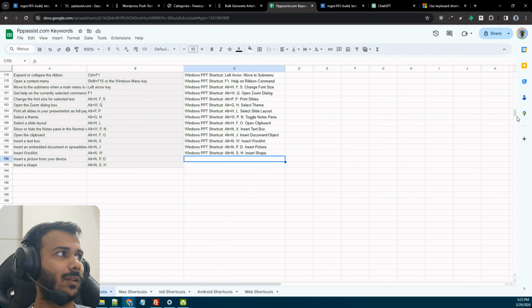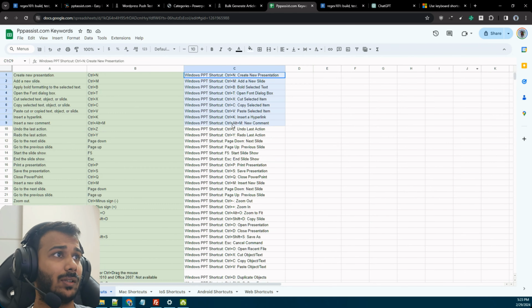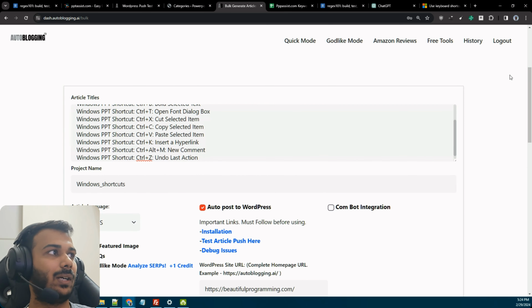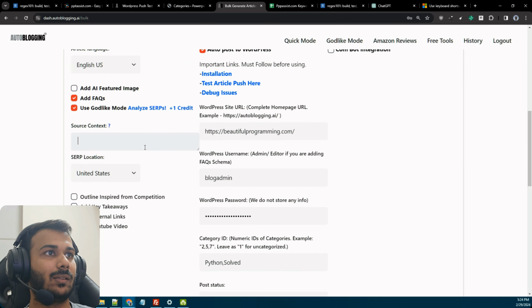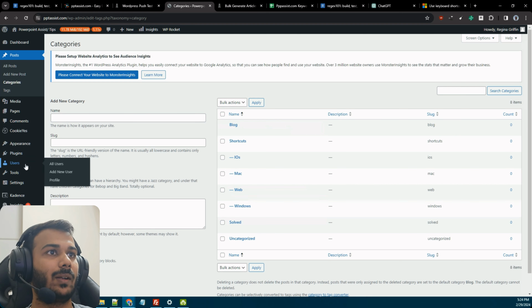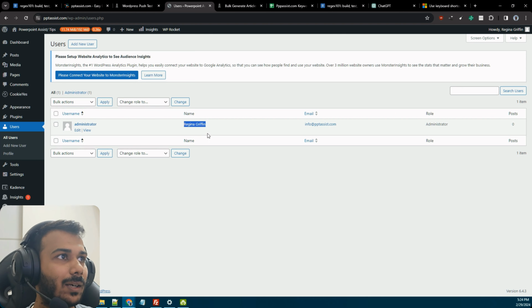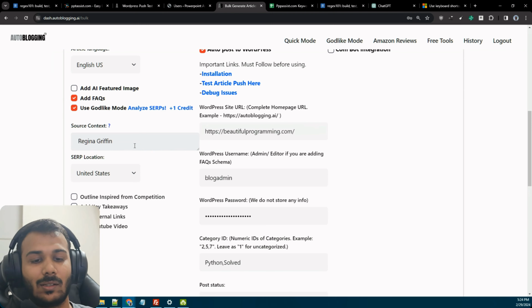So we'll start with Windows shortcuts, just 10 of these, just to see how it looks. I won't be adding featured images because it doesn't make sense here. And again, we'll use the source context to name an author, which is Regina. It sounds bad. Griffin, almost like a personal PowerPoint